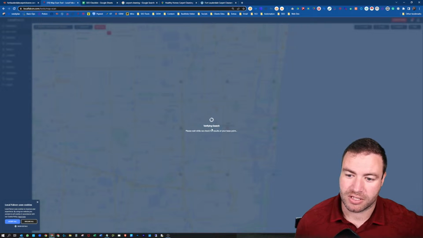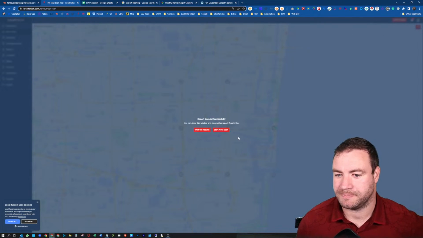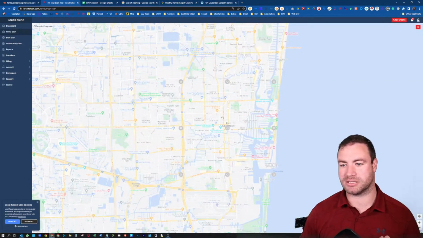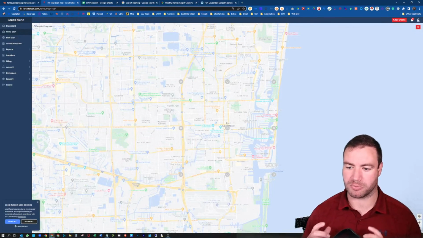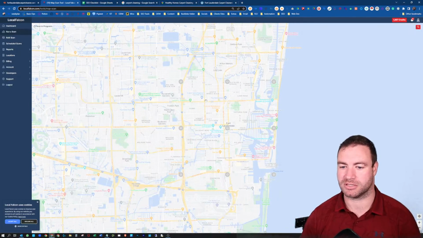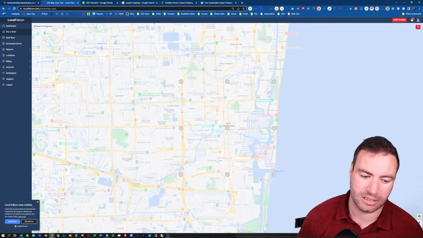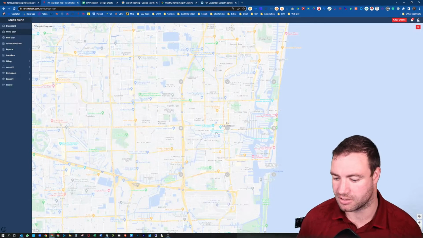While we wait for this wonderful thing to get done, wait for results. As you can see here, it's just starting to pull in that data. That's what it's doing right now. It's starting to pull all of that information in, and it'll be shown with numbers. That's how well we've ranked. So let's just wait for that, because that is